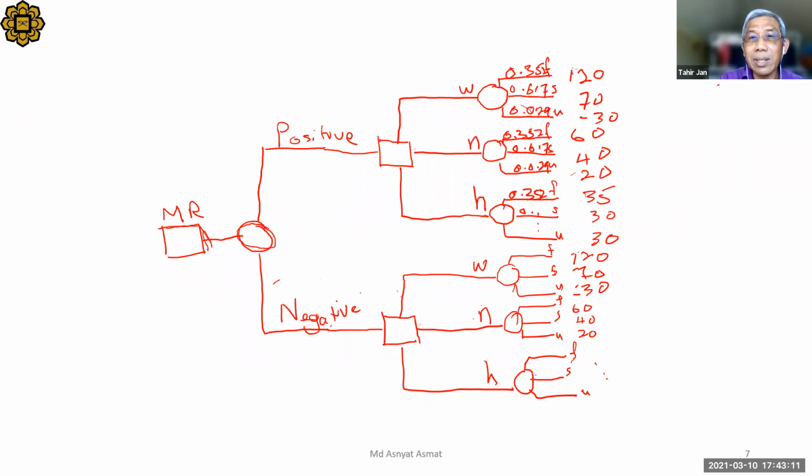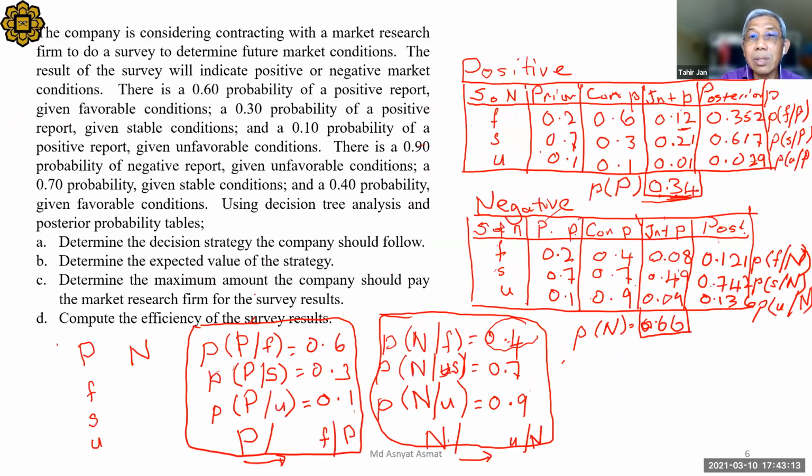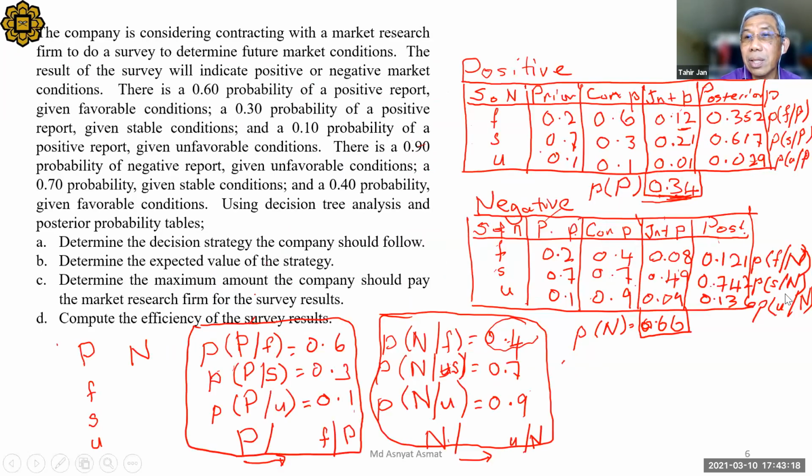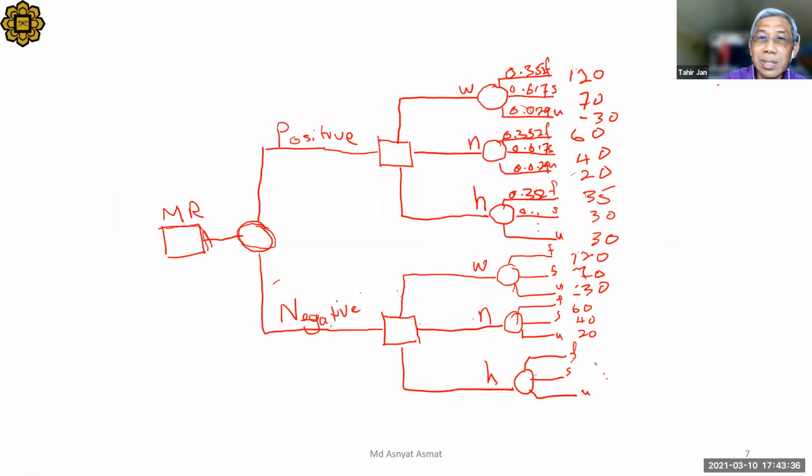Okay, let's look back. We are going to use the second set of probability. You look at the right hand side here. I am moving my cursor. Probability of favorable over n, so 0.121. Are you seeing it? Now, where to write this? So we are writing this at another branch. Here you see the negative report. Negative report. Then we write,